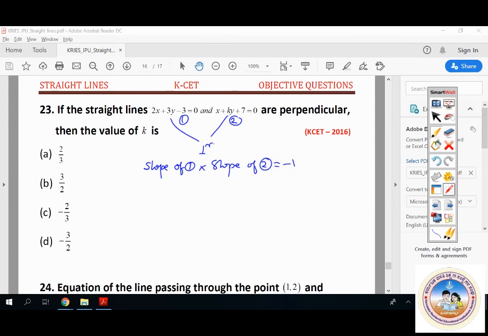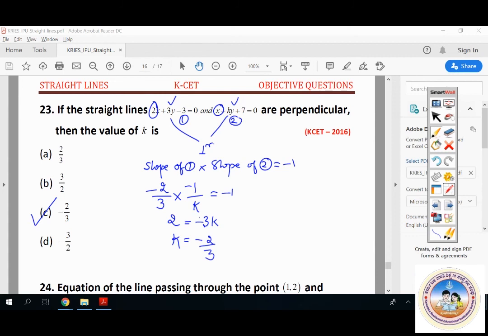Slope of line 1, ಏನಪ್ಪಾ ಅಂದ್ರೆ minus coefficient of x, it is 2, divided by coefficient of y, you can write 3 into coefficient of x here, it is 1, minus 1 divided by coefficient of y, it is going to be k, it is equal to -1. It is 2 is equal to minus 3k you get, otherwise k is equal to, it is going to be minus 2 by 3. That is going to be the right choice. So option C ನಿಮಗೆ ಸರಿ ಉತ್ತರ ಬರ್ತಾ ಇದೆ.